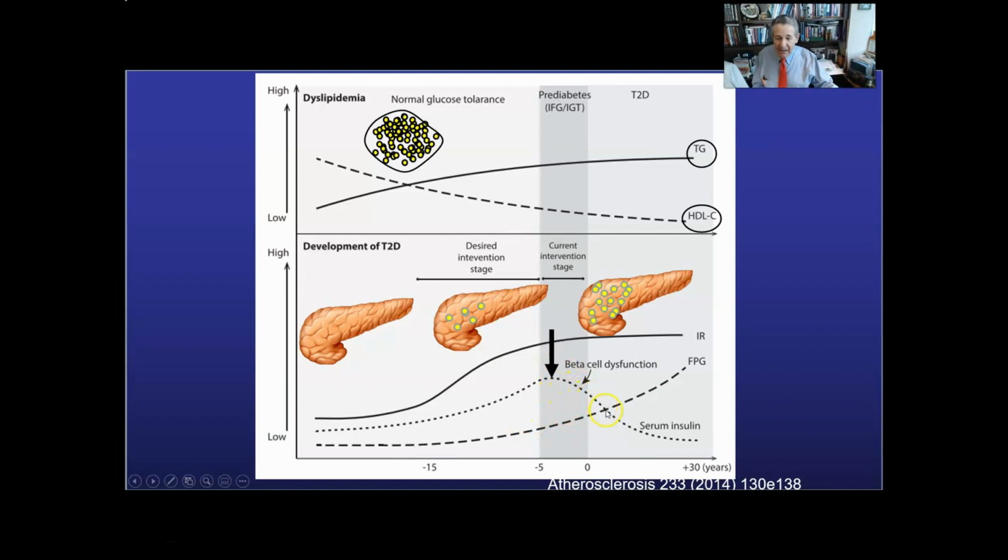Because the beta cell in the pancreas is failing. But the high triglycerides, low HDL, and small particles are starting back here, and you can be exposed to this 20, 30 years before your blood sugars are abnormal, before your A1Cs are abnormal. And we are seeing this, including fatty liver, including coronary calcium, including other problems. This is what we call